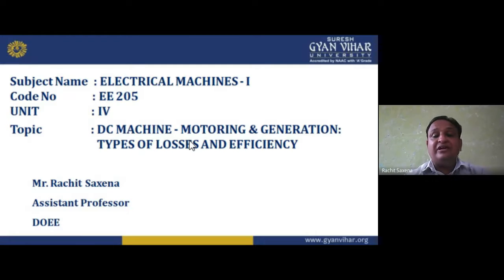Then we have Faraday's law of electromagnetic induction. It has two statements. One is that whenever there is a change in flux linkage, there will be an induced EMF. If the circuit is closed, then current will flow, and that current is known as induced current. That is the first statement. The second statement states that the magnitude of induced EMF is always proportional to the flux linkage variation. So we can say E equals d phi by dt, and we can write E equals N d phi by dt, and use a minus sign when applying Lenz's law.